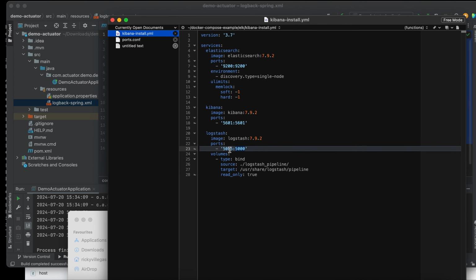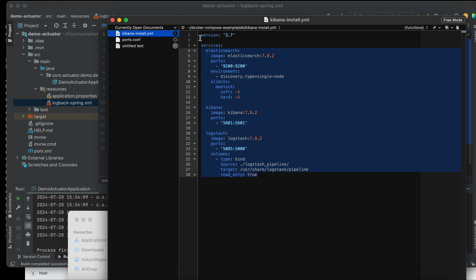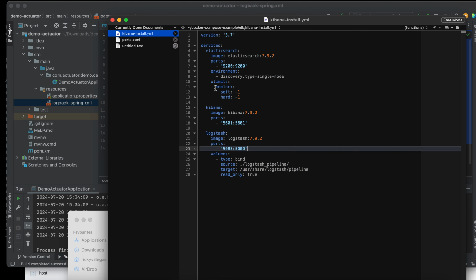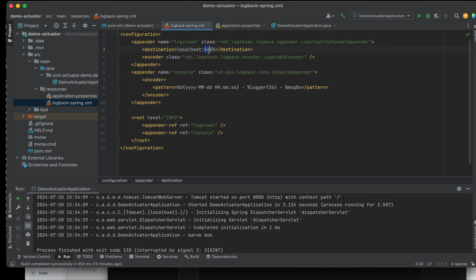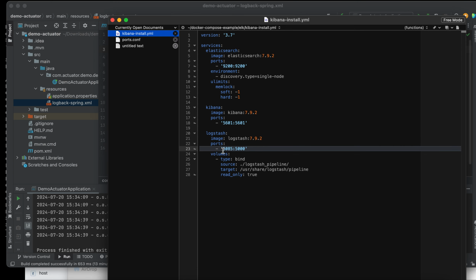So we just need to take note of this configuration because of the port that we are using in our Spring Boot application. As I mentioned earlier, in our logback configuration I use 5085, because in our configuration we use 5085 here.